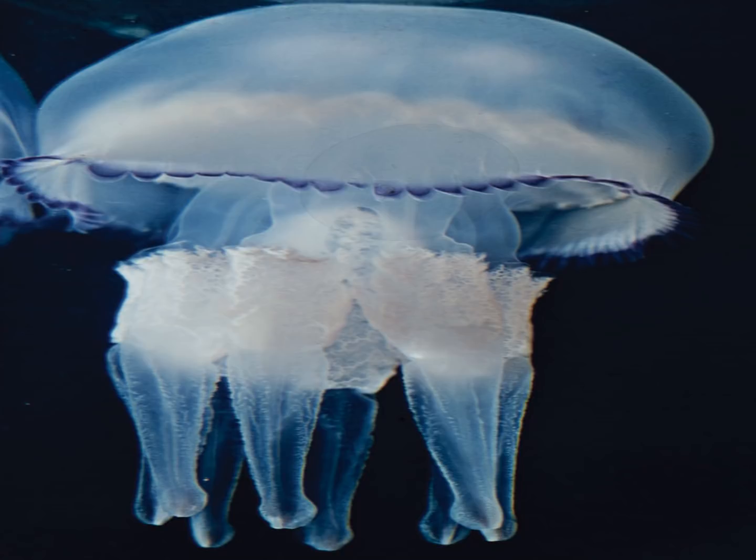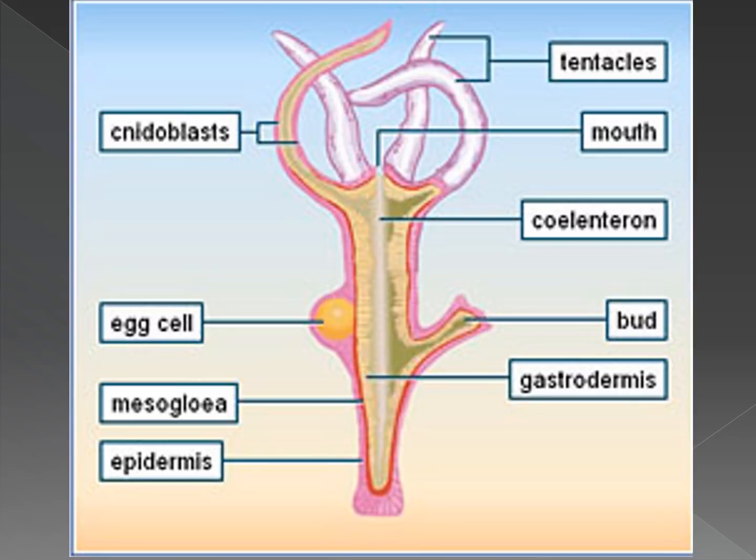These are the animals which are radially symmetrical. Now if we do a quick revision, radially symmetrical means you can have many equal parts if many axes are drawn through the body. And they are diploblastic, which means that they arise from two main layers, that is endoderm and ectoderm. Now they have tentacles.